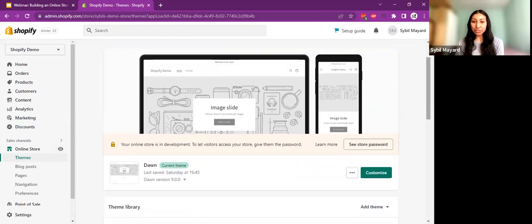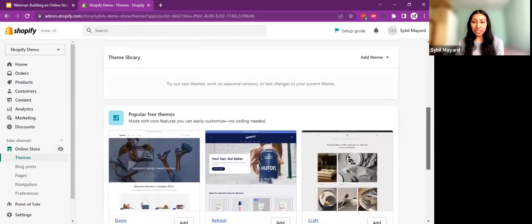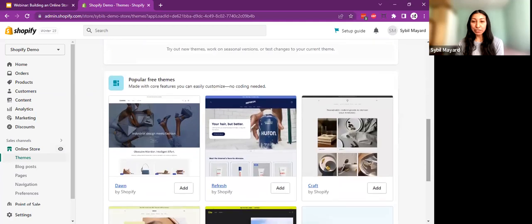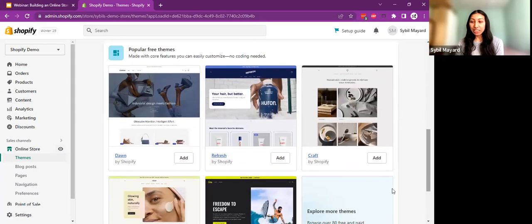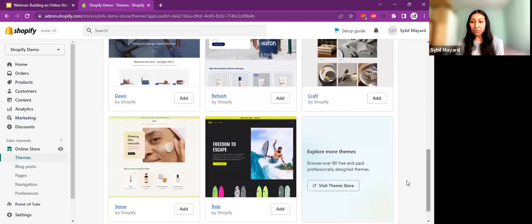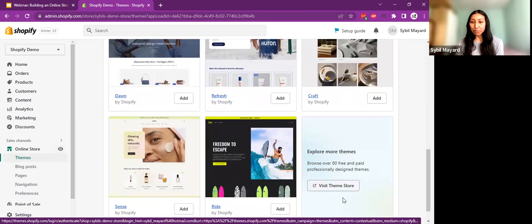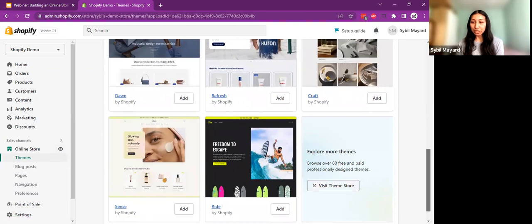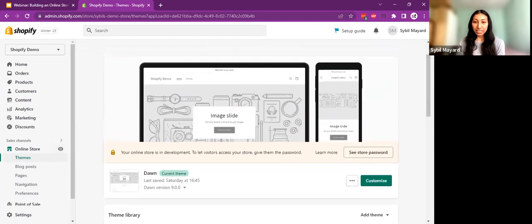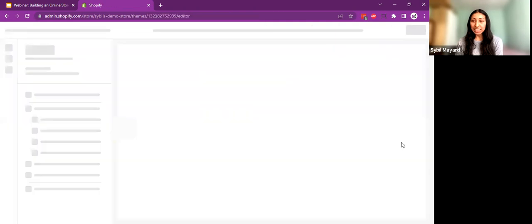Now, if we scroll down, it will take you to popular free themes. So you can add one of the other free themes from there, or you can go to visit the theme store where you can browse the whole range of themes available. So I'm just going to work with the default theme right now, which is called Dawn. And if I go to customize on the right-hand side,